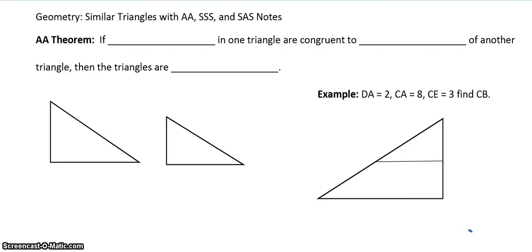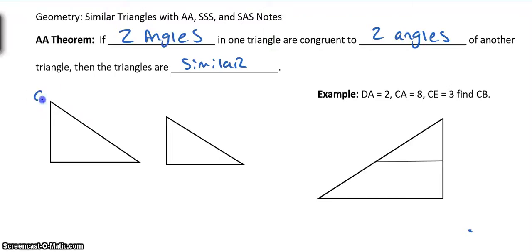Now, the first method is the angle-angle theorem. The angle-angle theorem says if two angles in one triangle are congruent to two angles of another triangle, then the triangles are similar. Okay, now be careful. You see congruent, you think congruent, but we're talking similarity. We're talking similar. Alright, so let's call this CAT